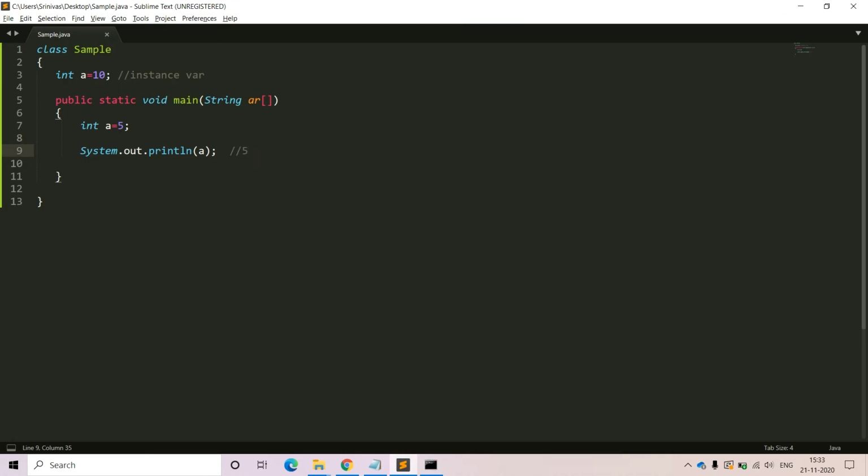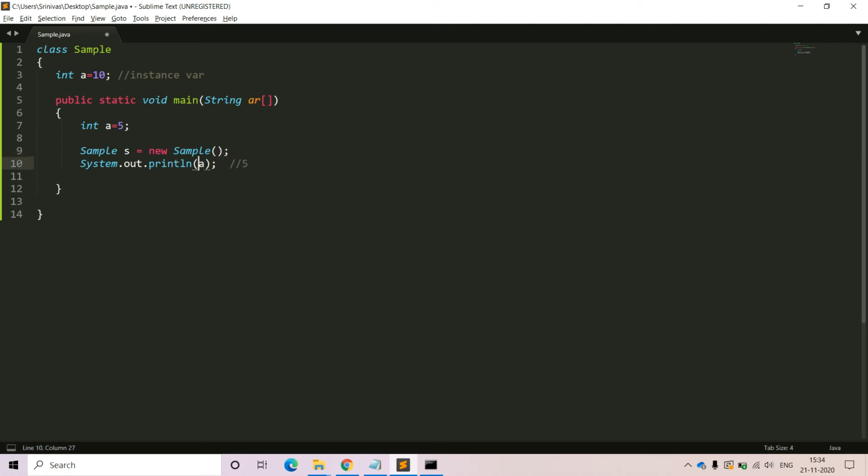But I don't want to print the local variable value. I want to print the instance variable value. Then what do we have to do? Unfortunately, it is an instance variable. We should not directly access it in the static context. In the static context, if you want to access the instance variable, definitely we have to create the object of the class. Without creating the object of the class, it is not possible to access the instance member in the static context. That complete information is available in the instance variables video. All of you please go through that video so that you will get complete clarity related to instance context in the class. So, if you want to access instance variables, definitely we have to create the object of the class. Sample s = new Sample(); I'm creating the object of the class Sample.